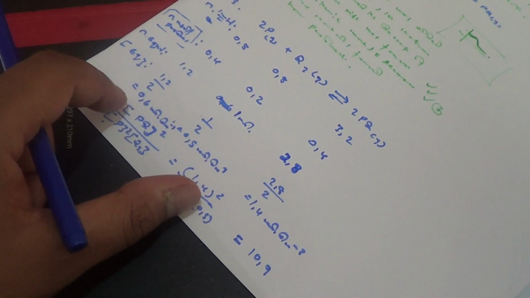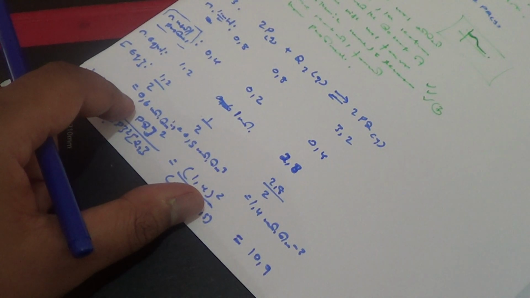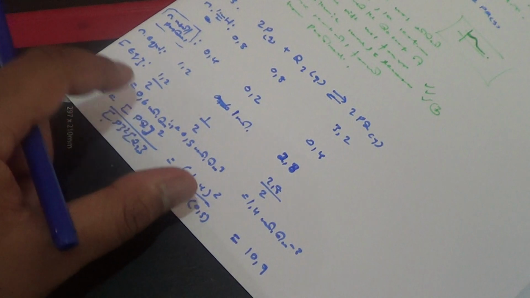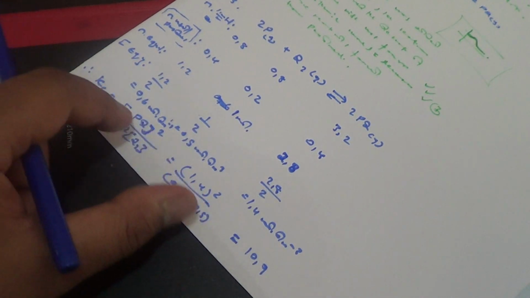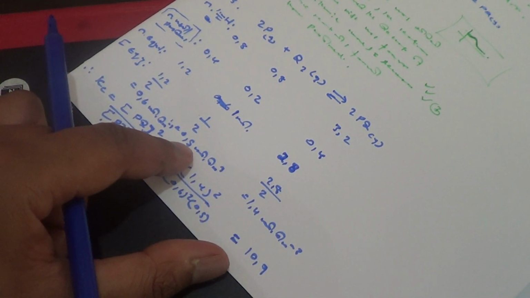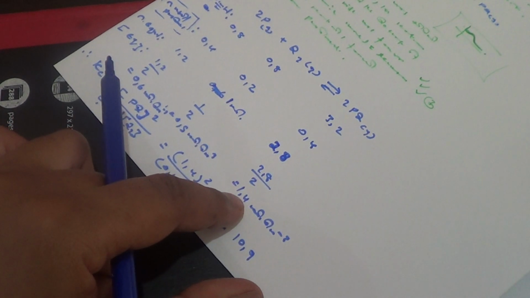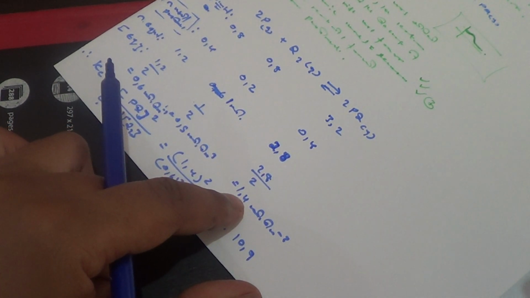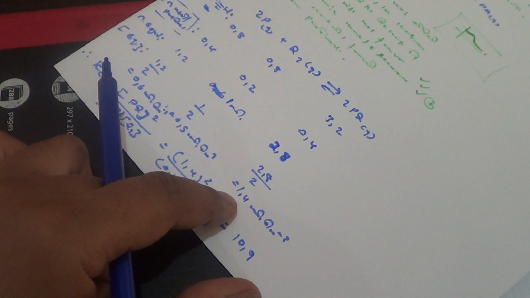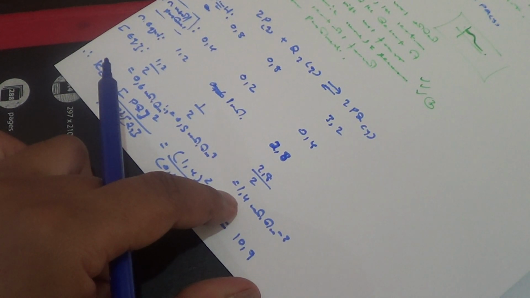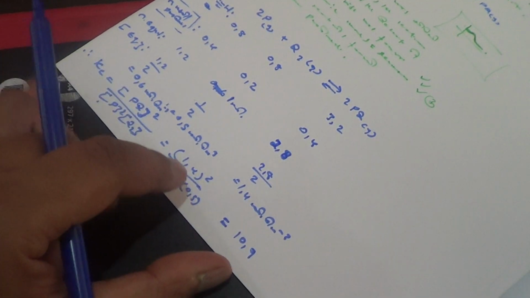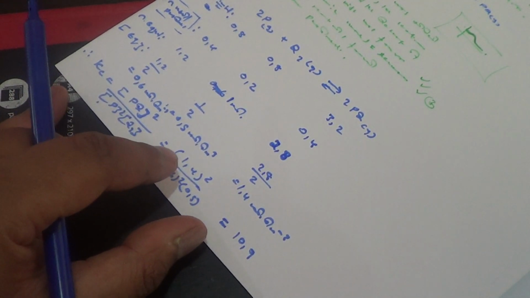Alright. So 1.2 divided by 2 is 0.6. That's fine. And what else do we have? 0.5, and then 2.8 divided by 2 is 1.4. Okay, that's fine. And then this one squared